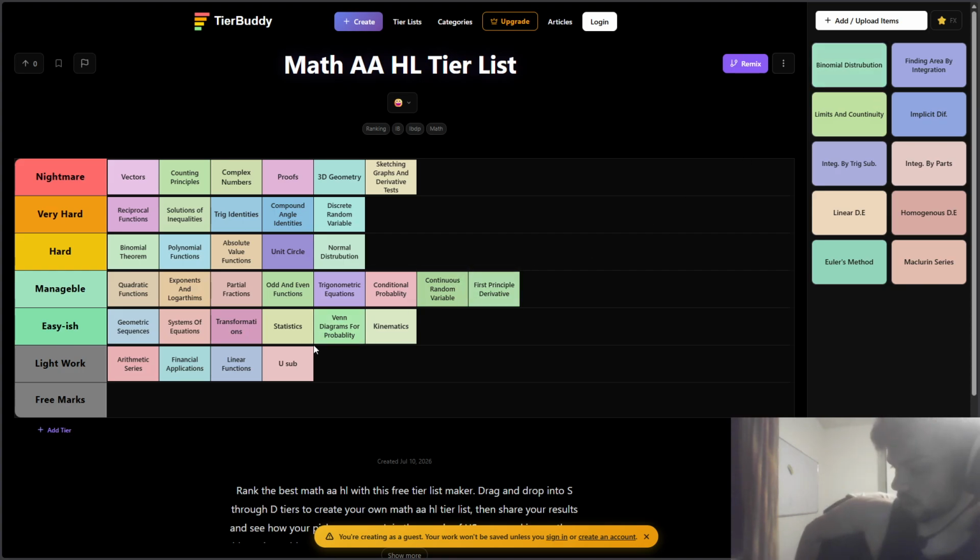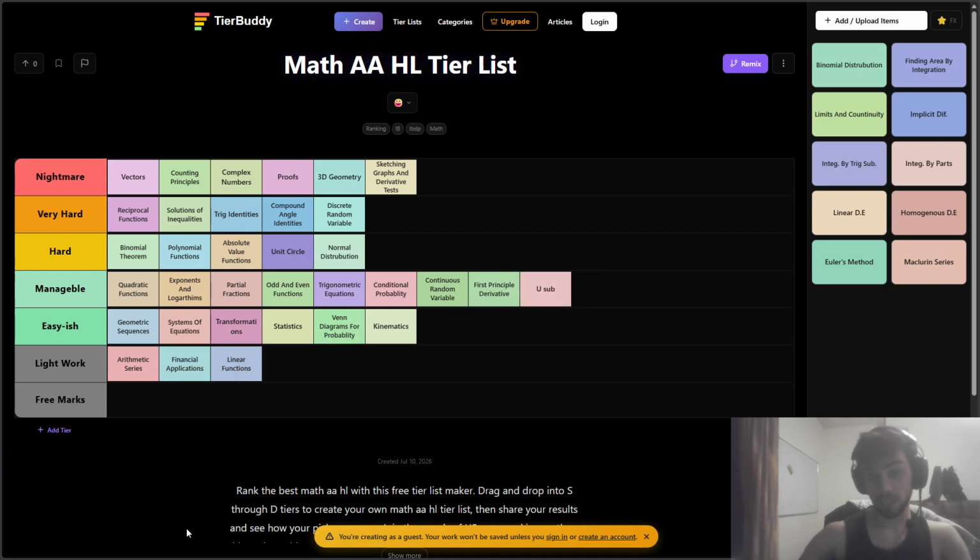Actually, now that I remember it, there was this one differential equation I spent ages trying to solve. After like 6 pages, okay, maybe not 6, four or five pages of work, I was so stuck. Then it was u-substitution, the last step you had to do, or one of the last steps. But sometimes u-substitution is not really that intuitive. Sometimes it's not really that obvious. So that's why I'm going to put it in the manageable tier.